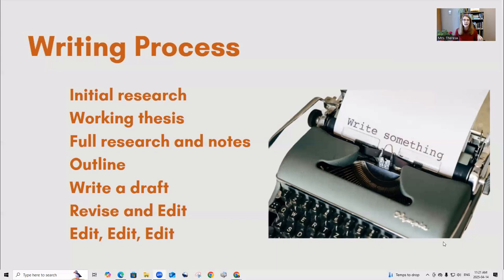The next thing we do is take those facts and those reasons and our thesis, put them all together in an outline so everything is together when our student goes to write. Then you finally write. So the writing process doesn't even get around to writing until very far into it. Next, you revise and edit. And you edit, and you edit, and you edit again. Editing is really an important part of the process, but we're not going to be talking about editing today. Today, we're going to talk about how to do research, how to keep those notes, and how to create a logical outline.